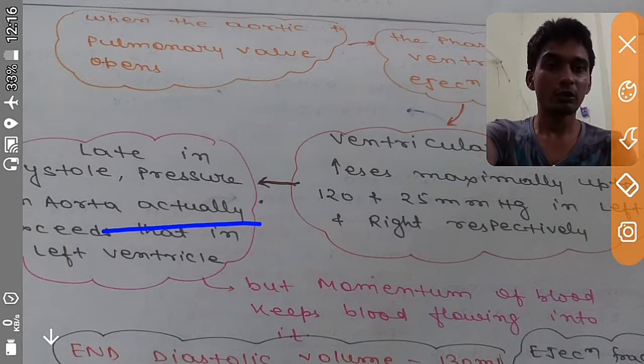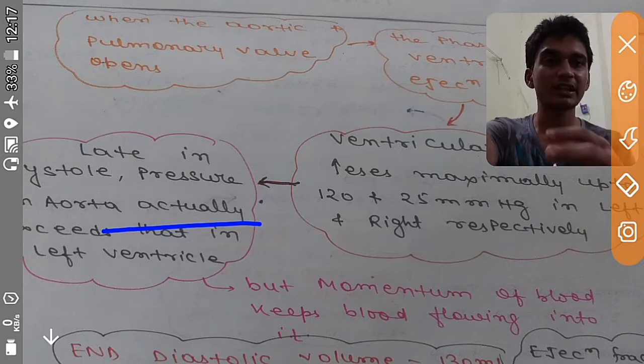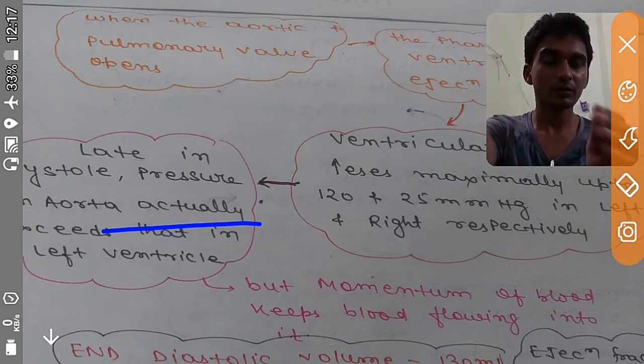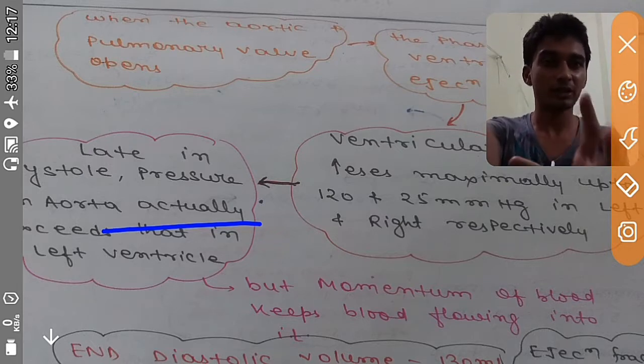Okay, now the aorta gets accumulated with blood, so pressure in the aorta also rises, and it rises to more than 120. Once it rises more than 120, the blood ejection from the ventricle to the aorta will stop, because pressure is increased in the aorta and pressure is less in the ventricle, due to accumulation of blood in the aorta. But still, after increasing pressure in the aorta, some blood will flow from the left ventricle to the aorta because of the